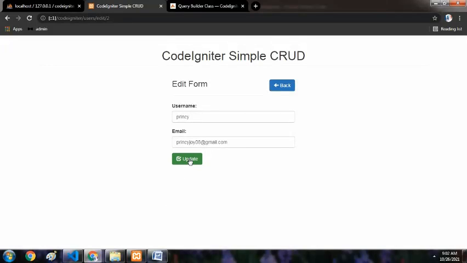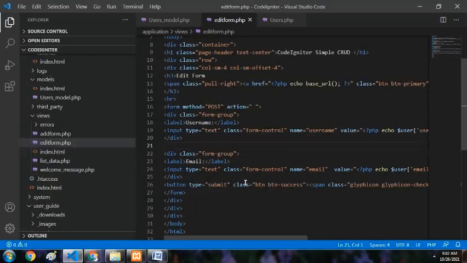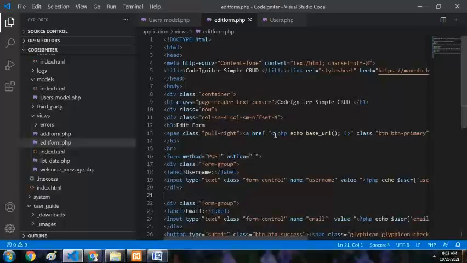We have to click the update link so that this data with that ID should update in the table. For this we have to set an action for updation, like base URL. We have to write an update function, and also we have to catch the data in the controller.